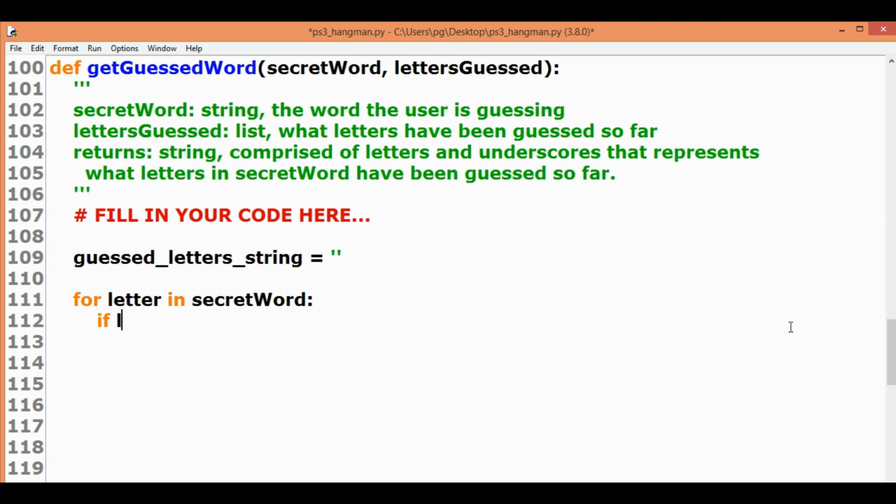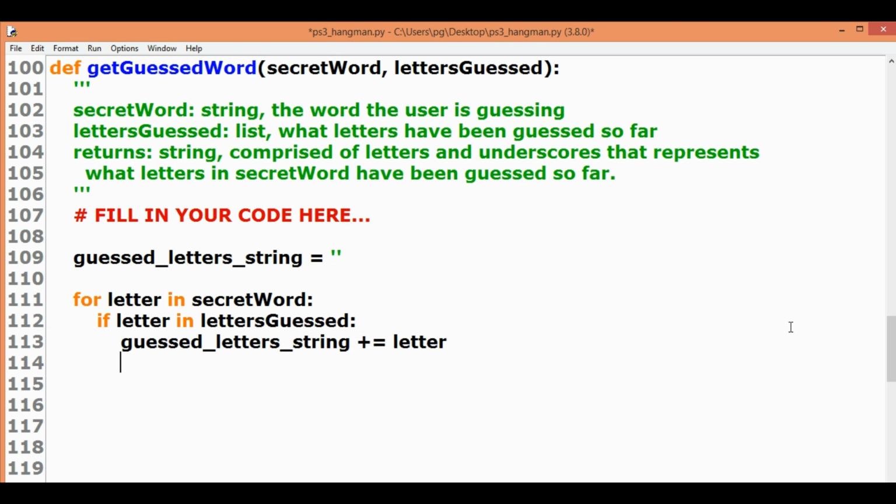if letter in lettersGuessed: We put an if condition to check whether letter appears in the list of letters that have been guessed so far, that is in lettersGuessed. guessedLettersString += letter.